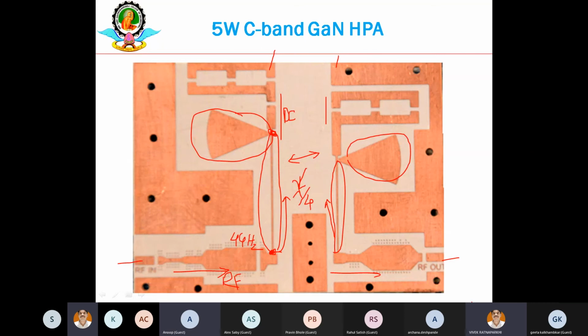Yes, sir. Why I asked this was because before we start the design itself, we should determine, for example, the microstrip minimum width, or in the case of resistors and capacitors, their widths and all. We have to determine that before we start a design. Right. Not only the RLC and their width and length, but you should also see, if you are designing a power amplifier, whether that transistor is available in the market or not. Nowadays, a lot of power transistors are available, but you have to see what the cost of that transistor is.